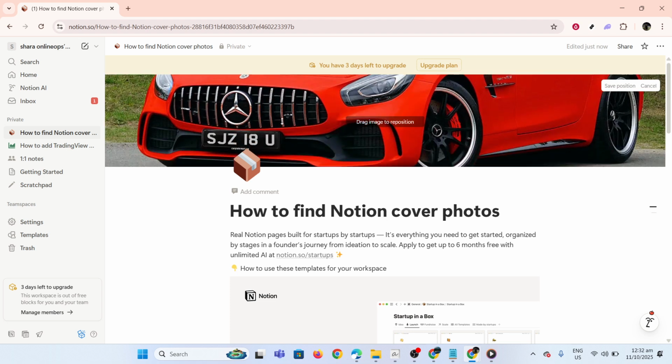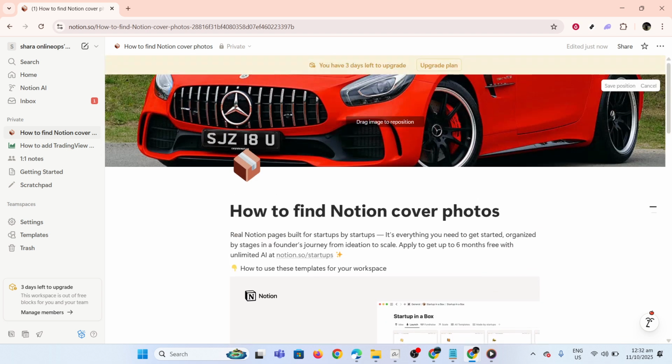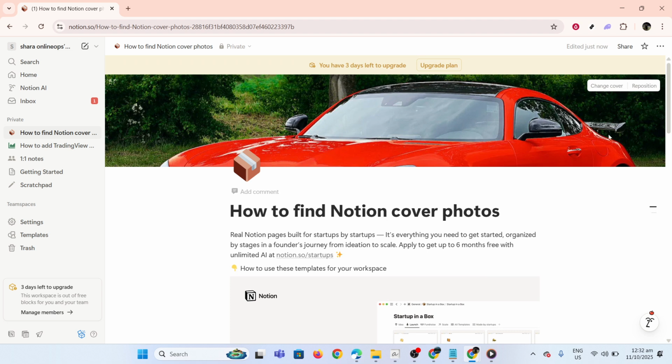And there you have it. Adding and customizing a cover image on Notion is straightforward and can significantly enhance your workspace experience. Remember, your Notion page is your canvas, an extension of your